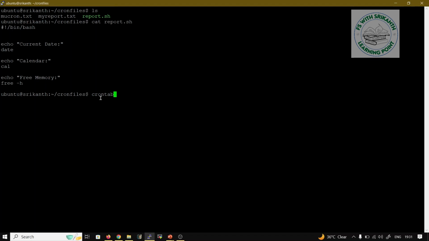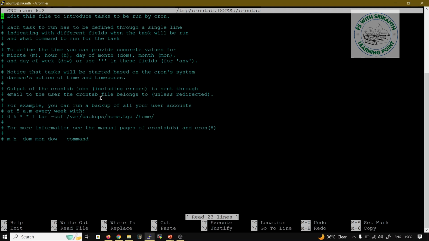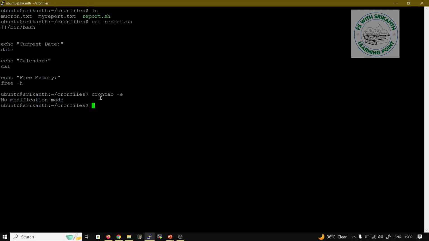crontab -e. So it opens with the nano editor. You may be friendly with the nano editor and write your commands, but I am not comfortable with this. Suppose I want to open the vi editor, then how should I do it? There is one very simple way: export